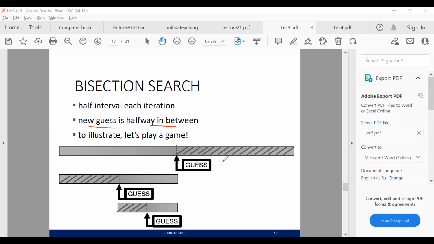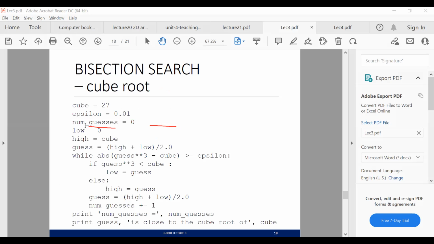So every time he does a guess, he will actually shorten the amount of guesses that he is going to do. We have done something similar in Java in something called binary search, if you can remember that. So we will try to play something similar here. It is the same code or the same purpose, except that